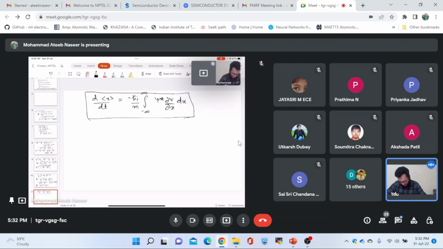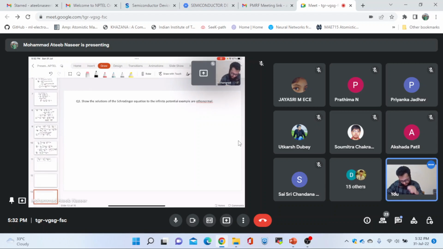So if we now move towards another question, what does it imply in here? The question says that if we have an infinite potential, as in the example taught by the professor in the lectures, and we have the solutions to that infinite potential, we have to show that these solutions are orthonormal. So let me first write the wave function itself. How does it look for this infinite potential well? We know that the wave function